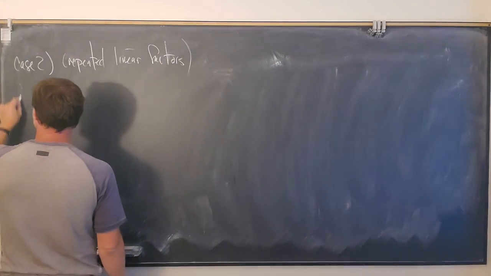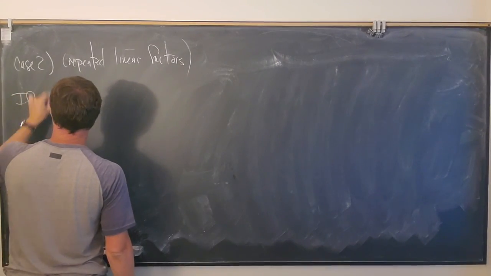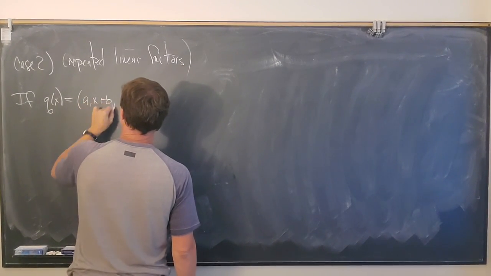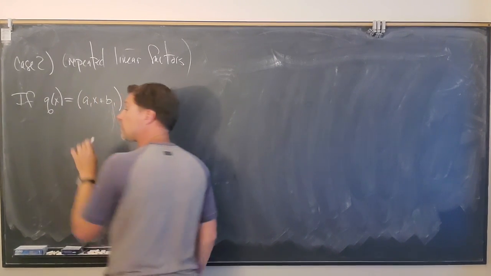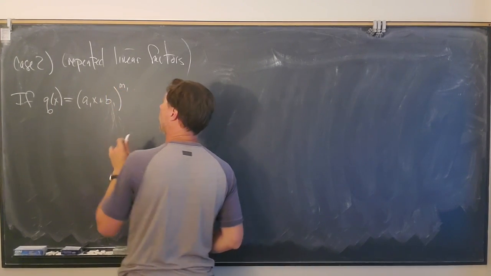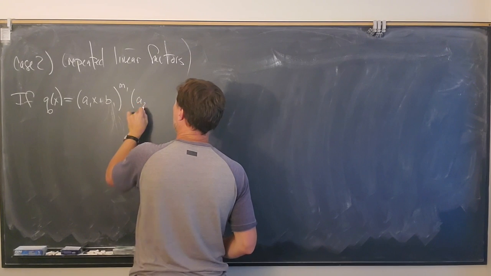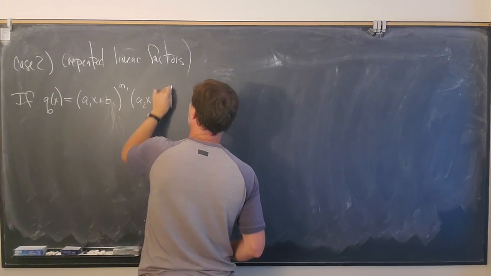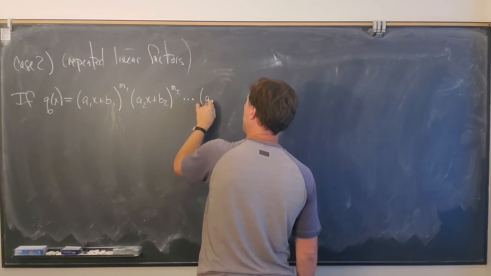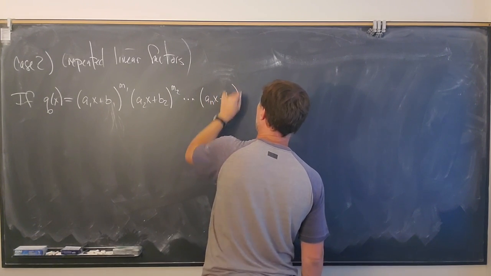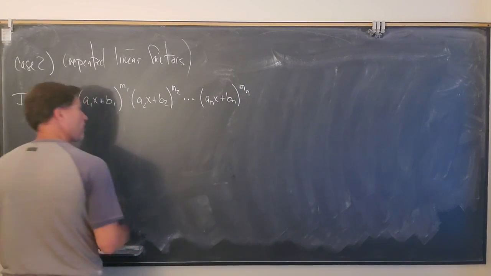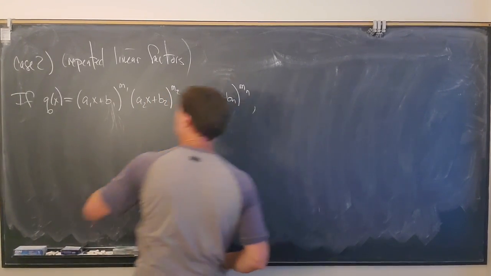And so that'll go like this: if q of x factors in the following way, a1x plus b1. Now, instead of just being raised to the first power like it was in the previous case, it's raised to some power, let's say m1. And then the next factor, a2x plus b2, raised to some power m2. And this can continue, a sub n x plus b sub n, raised to some power, call it m sub n. So let's say that we have a factorization of this form, right? Then